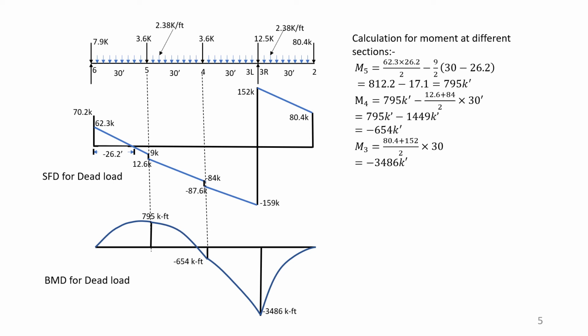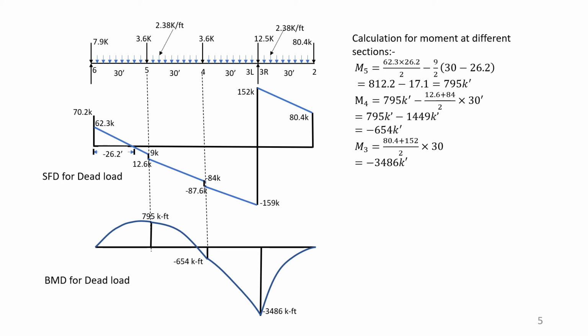there at 0.4, there will be another 2.38 multiplied by 30 as a value, and that plus 12.6 gives us 84 kip, and with this 84 kip we have to add 3.6, and that will give 87.6 kip. And next, if we go ahead, if we add with 87.6 the value for this 30 feet, then it comes as 159, and this is the shear, left